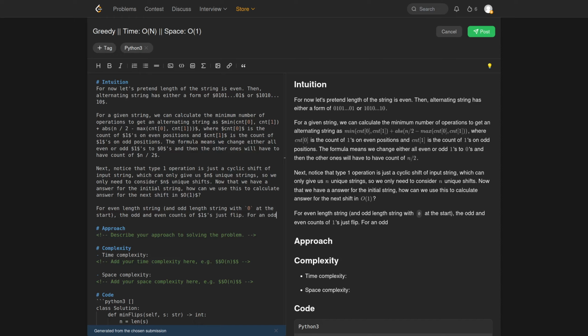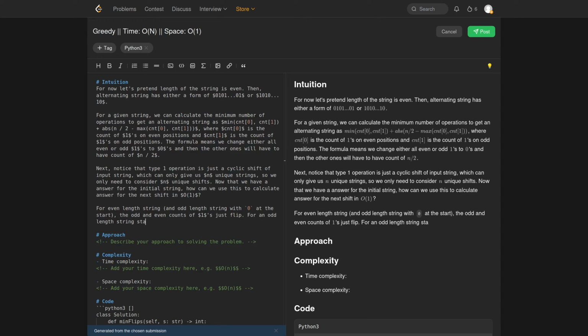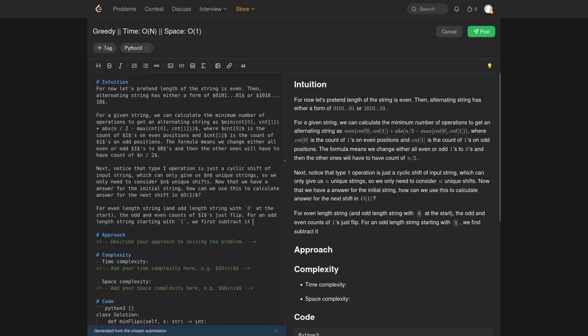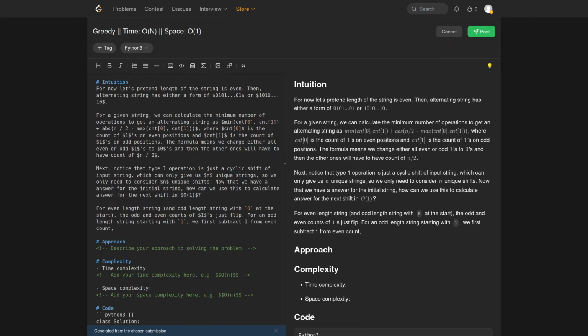For an odd length string starting with 1, we first subtract 1 from the even count, then swap them, and finally,